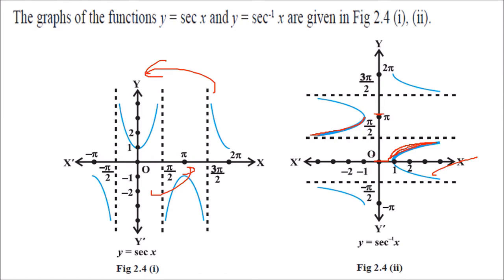You see this pi by 2 is not taken because, see this graph, this line is not touching pi by 2. Apart from this, if you take this point and this point, this is between minus 1 and 1. So the domain cannot be between minus 1 and 1. Apart from this, any value can be taken. Here, not possible. And this is the domain, and the range, as we have seen, we just have to restrict it to 0 to pi.